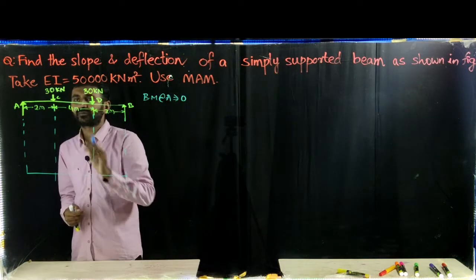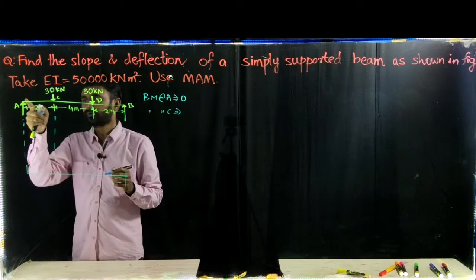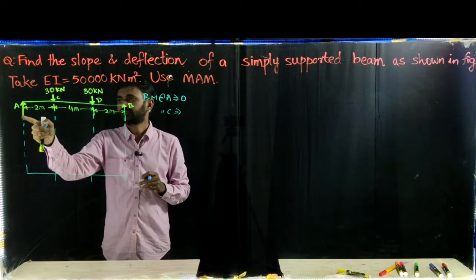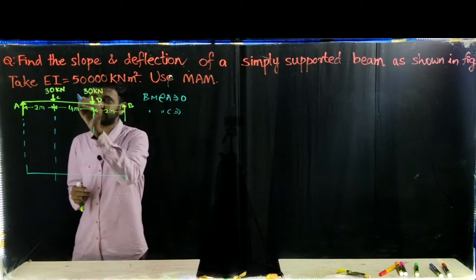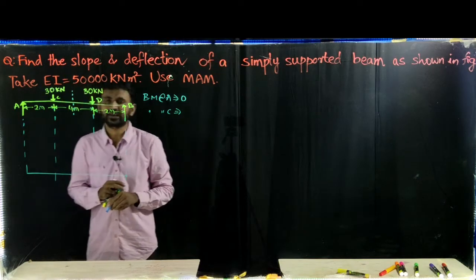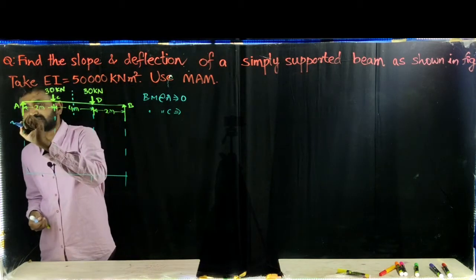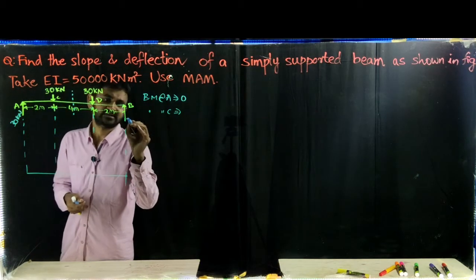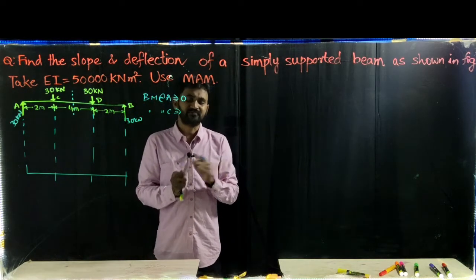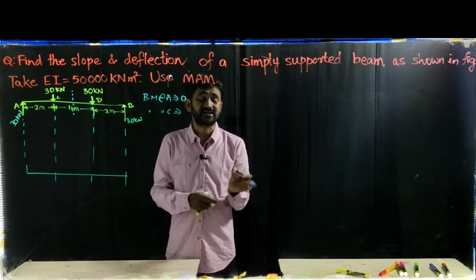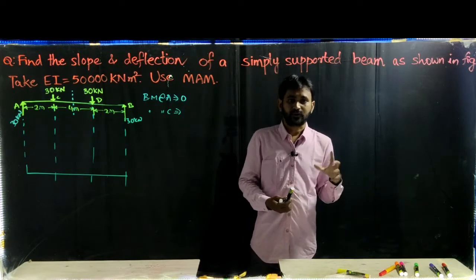Now I want the bending moment at C. Bending moment at C is equal to the load I am having. How much load am I having? Here I have to calculate the load first, because it is a symmetrical beam. Symmetrical beam in the sense, when I make the beam into two equal halves, the load should be equally distributed, right? So here it is 30 kilonewtons, here it is 30 kilonewtons. It means the beam is symmetrical, so the load is equally distributed. If it's an unsymmetrical beam, then you have to calculate RA and RB and solve the problem again.